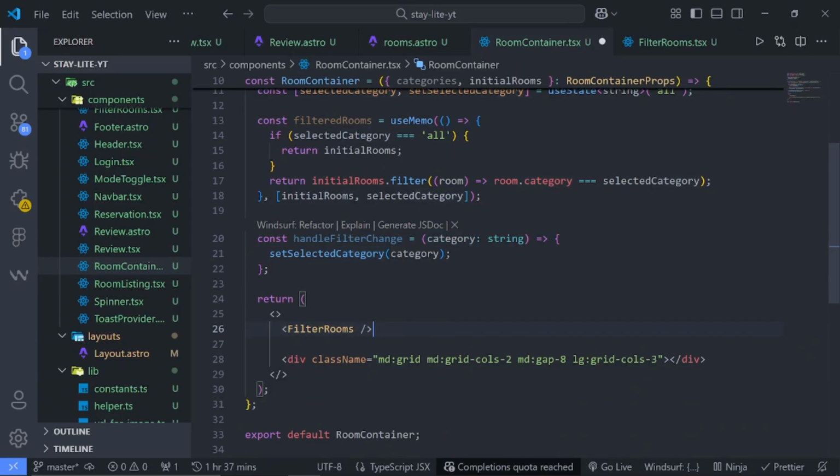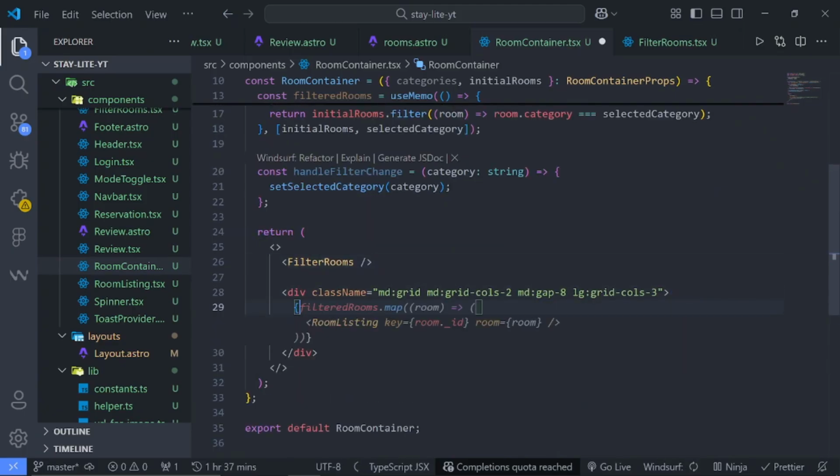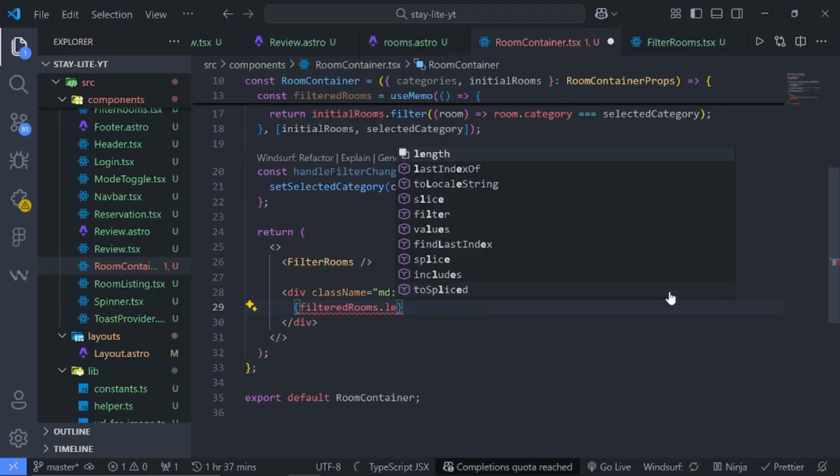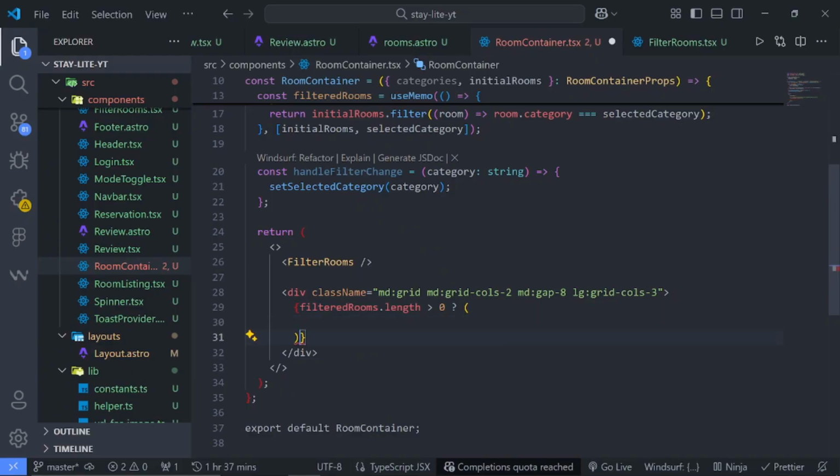All right, cool. So first of all, let's just render out the filtered rooms. So we just say filteredRooms.length if it's greater than 0. So if there's actually a room, then we want to do something. Else, we also want to do something. So for the other case, let's just say